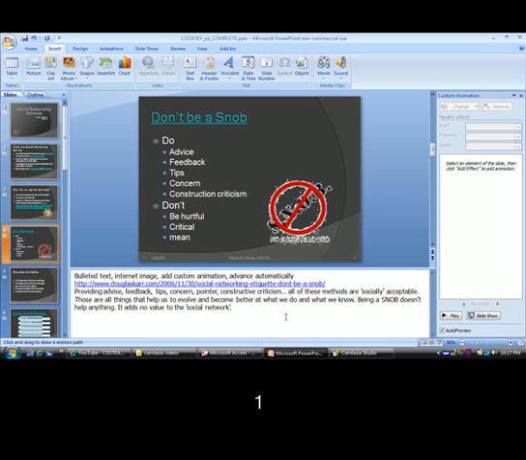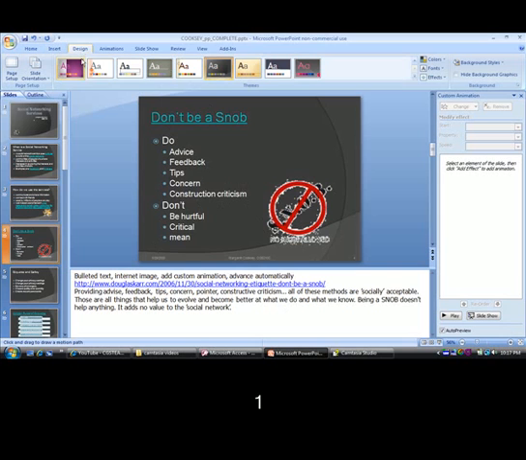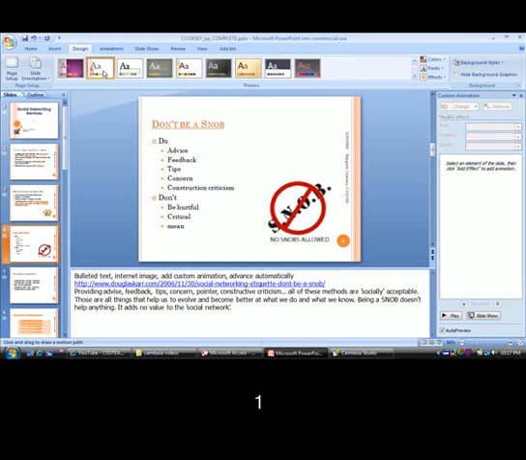Here's my notes that I added. I included this graphic, and you can see this graphic really doesn't look good with this background. So, I might want to go back to design and choose a different design so that my graphic looks a little better. And that's perfectly okay. You can play with your